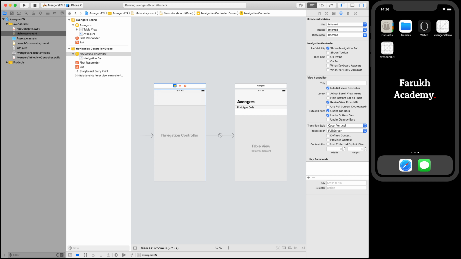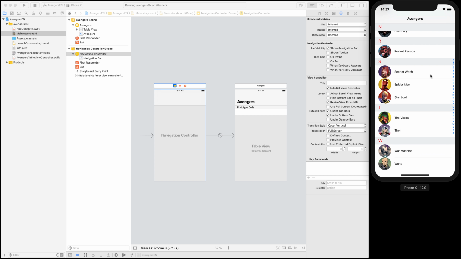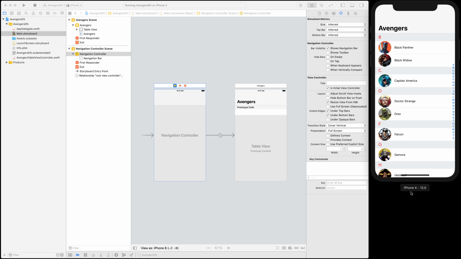So in today's lesson I'm gonna show you how we can add some sections and an index list in our UI table view. So this is the result that we are going to work on today, okay? And to begin this lesson,